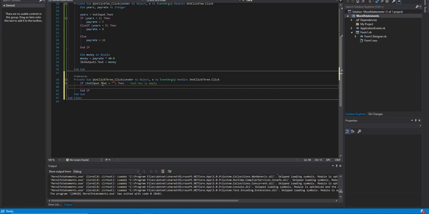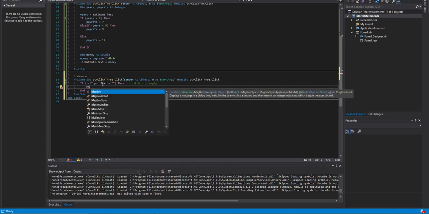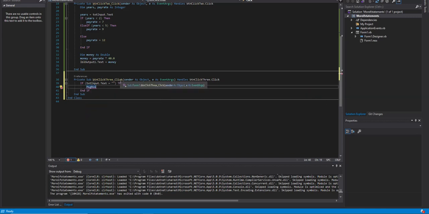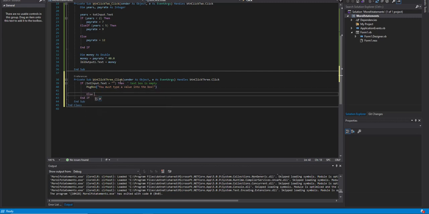If that's the case, then I will use what's called a message box, which is a little pop-up. You must type a value into the box. Alright. And else if